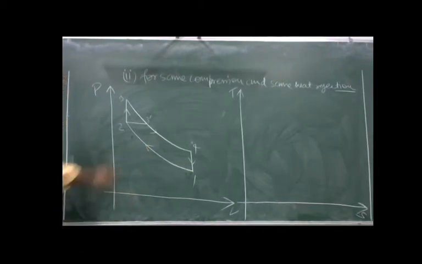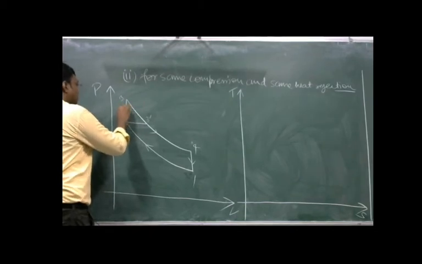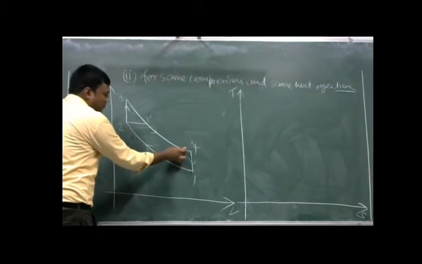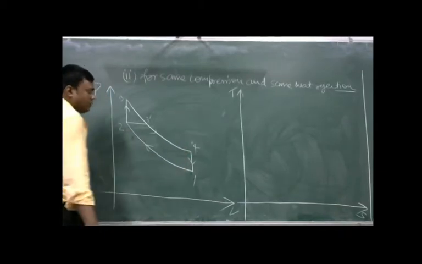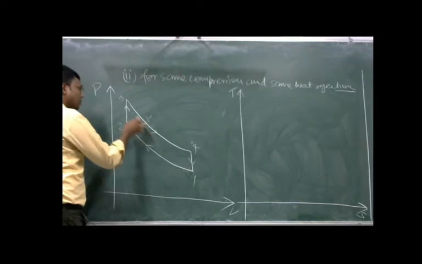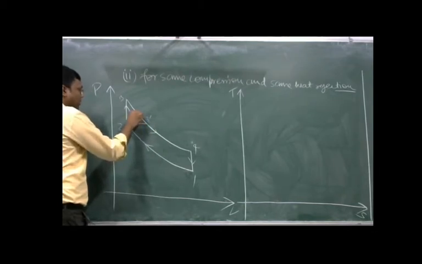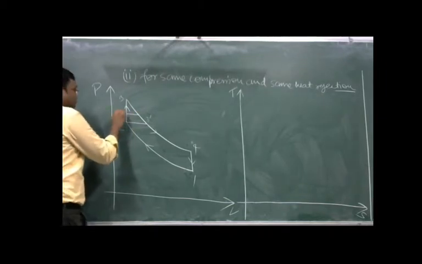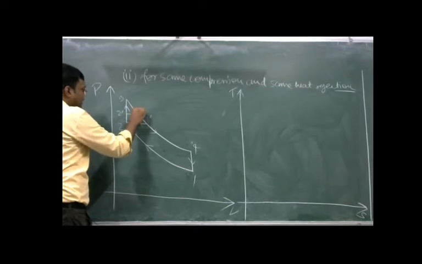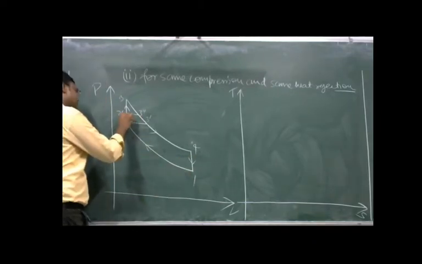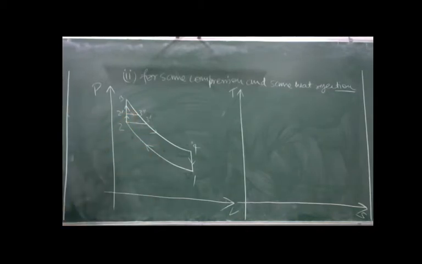So this is for diesel cycle. Now for dual cycle, again we have to keep this heat rejection from 4 to 1 same. So again this will be same. The expansion path will remain same. So we have to come from somewhere from here. So 2 dash, 3 double dash. So 1 2 2 dash 3 double dash 4 1. This will be dual cycle. So in this way we can make the PV diagram for all these three cycles.